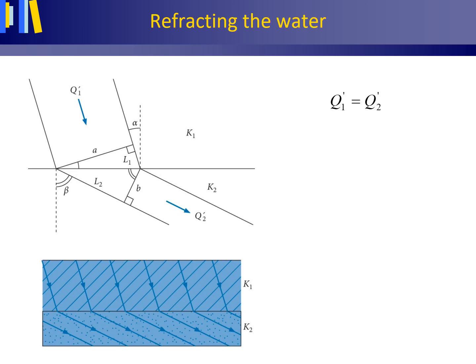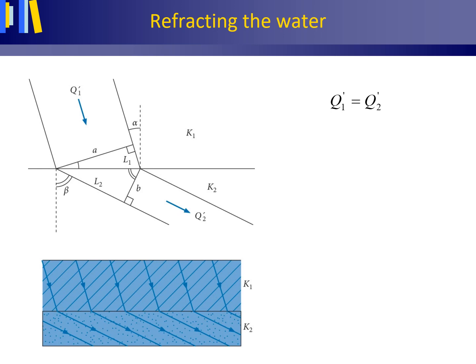The volume flux in layer 1, Q1, equals the volume flux in layer 2, Q2. Note that Q carries a prime. This means that the dimension, the y direction, perpendicular to the drawing plane of this figure, is left out of this equation. The volume flux Q with a prime, therefore, is expressed in units of square meter per day. As is customary in hydrology, we will combine this continuity equation with the flow equation, Darcy's law.